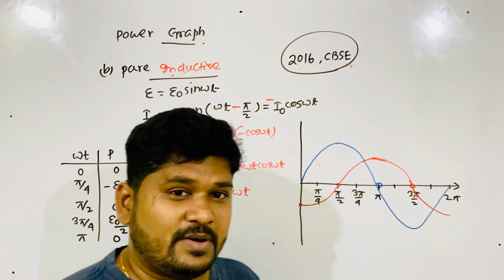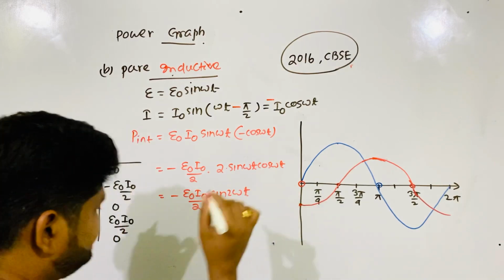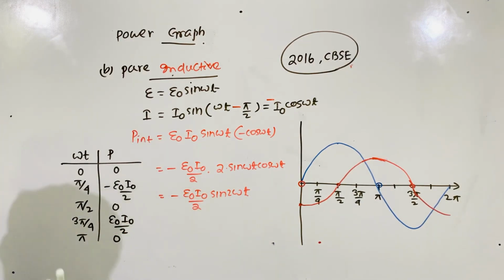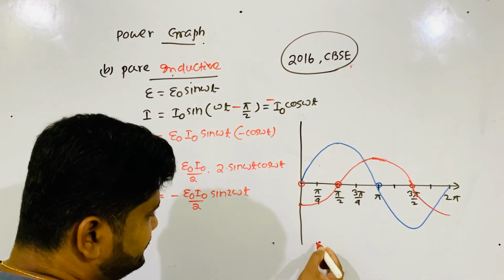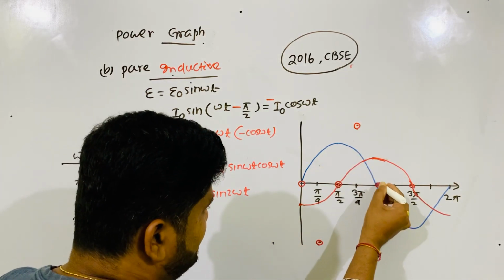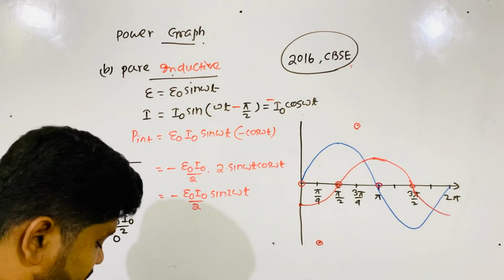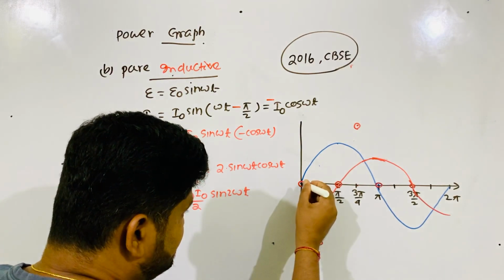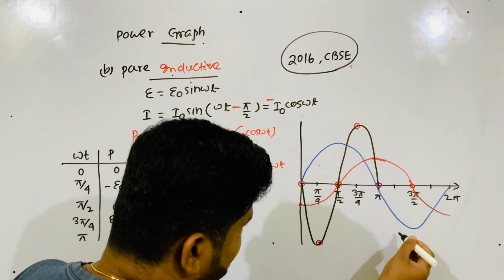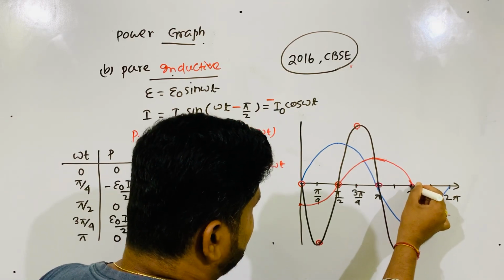Now come to the very important power graph. So 0, 0. Let's put the points. 0, 0. At pi by 4 it's minus but maximum. At pi by 2 it's 0. This is one loop. At 3 pi by 4 it is maximum, again pi is 0. At 3 pi by 2 it is plus, so in plus it is maximum. Now let's join the lines. See here, this is the graph. Again it continues here.